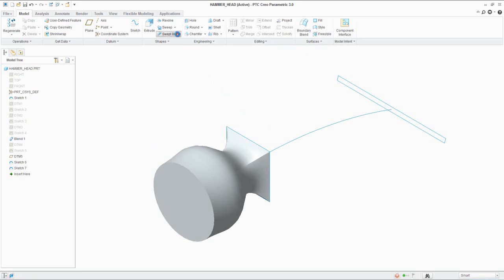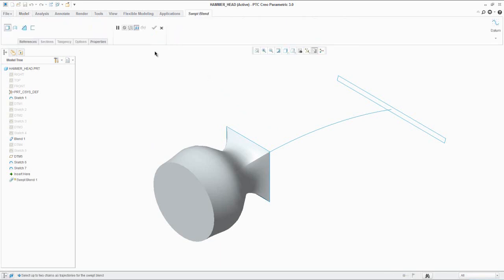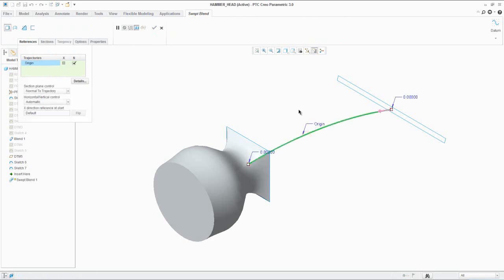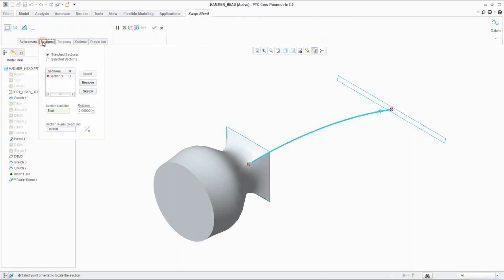Activate the Swept Blend tool. Click the References tab and define the trajectory for the blend by selecting this arc. Switch to the Sections tab and click on selected sections.